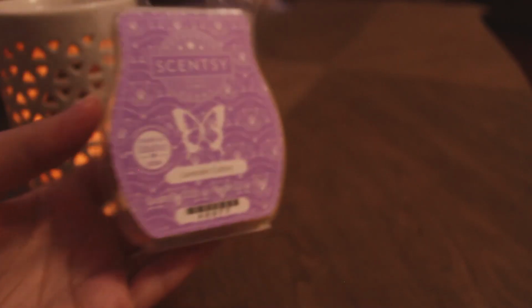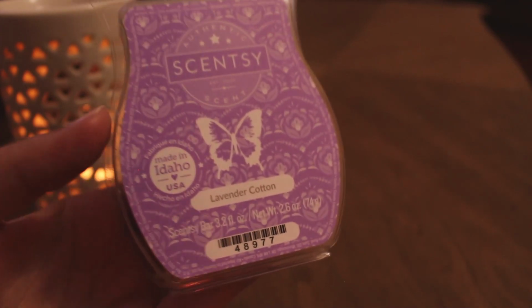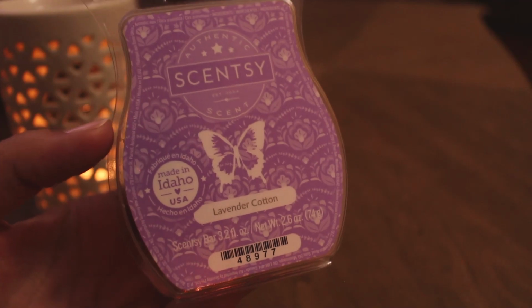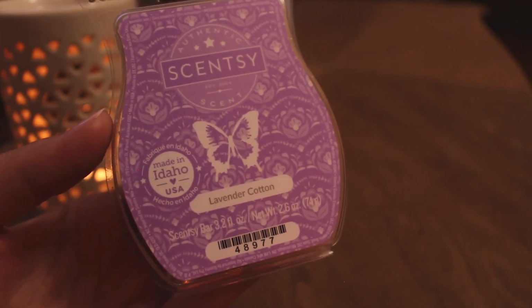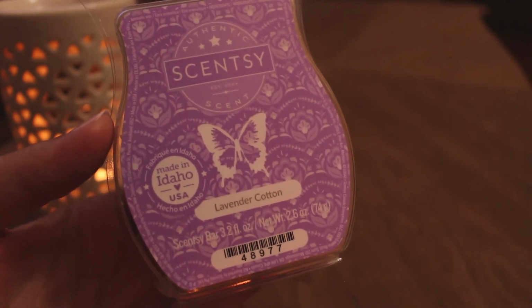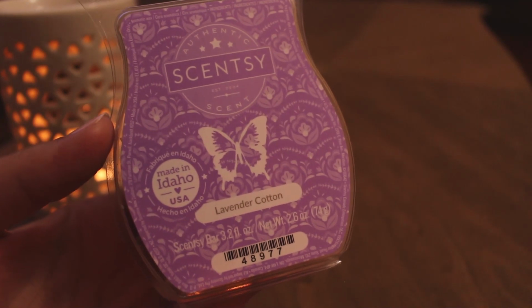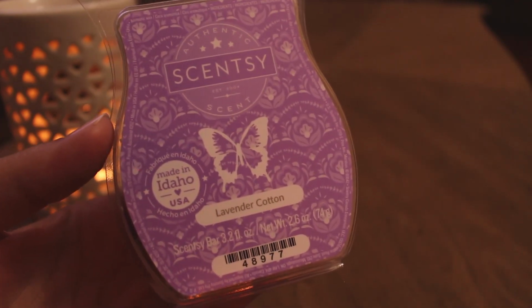Okay, then I have Lavender Cotton. It was in the spring and summer catalog. It's discontinued, and this is one of my favorite lavender scents. Scentsy doesn't do a lot of lavender. There's lavender in things, but usually you can't even smell it. It'll be in a masculine cologne kind of scent or whatever, but